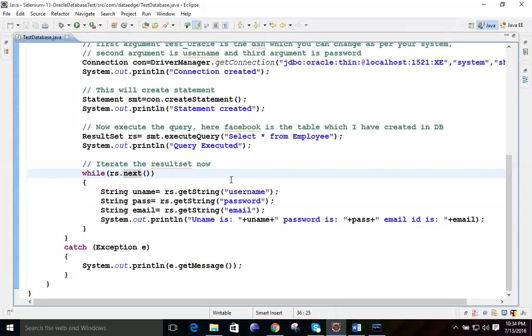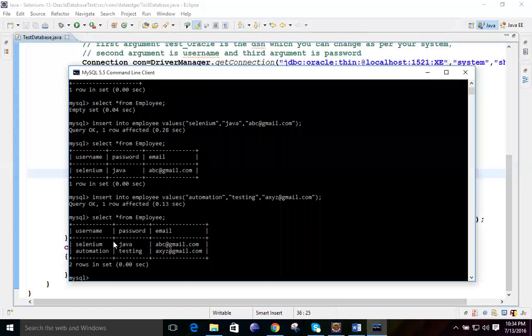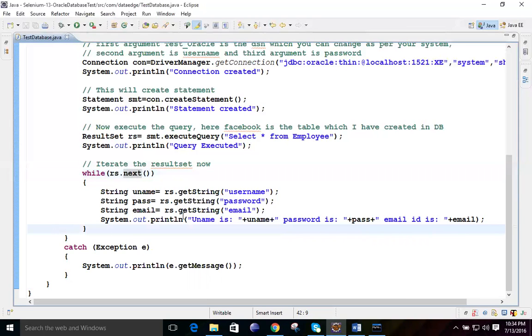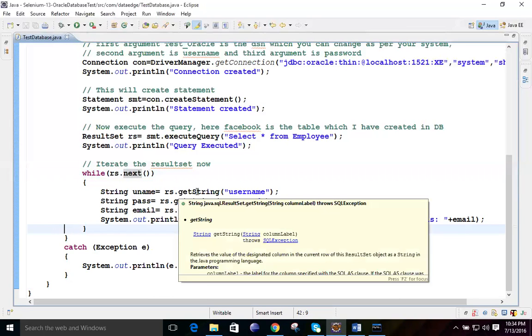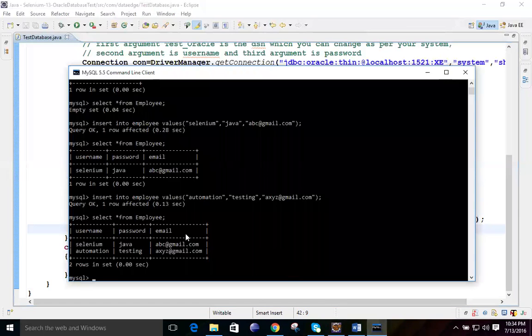And whatever data it has taken, you can see on the right-hand side, rs.getString(). Whatever data types you have used for these fields, username, password, and email, the same you have to use here. All are strings, so we have used the method getString. Suppose by chance one more column was there, int age.